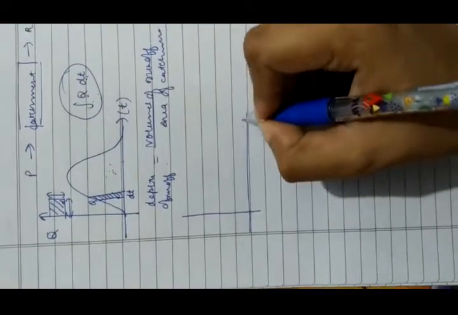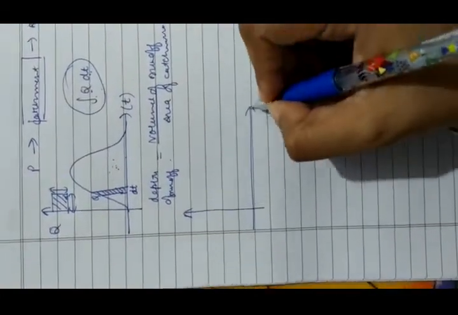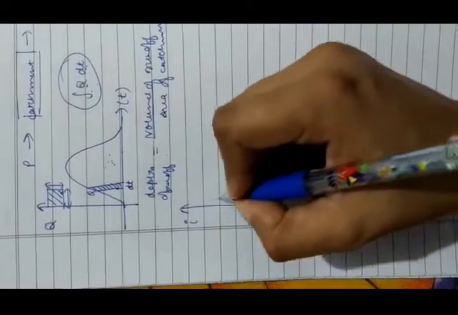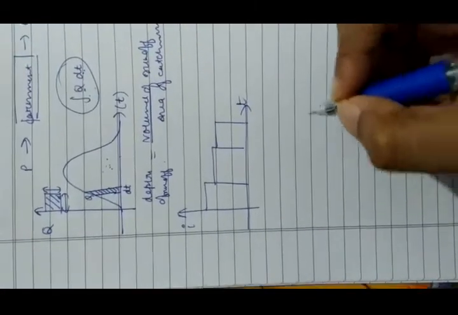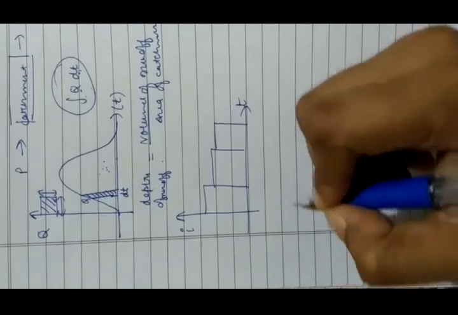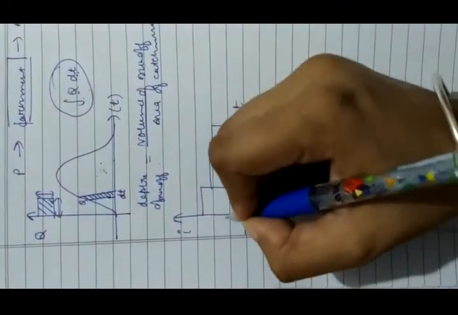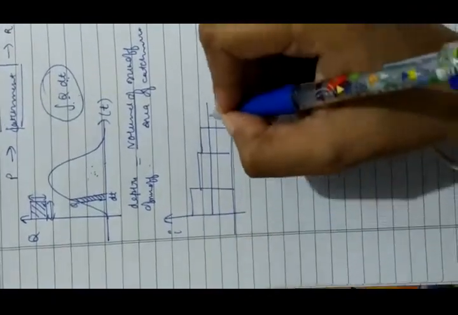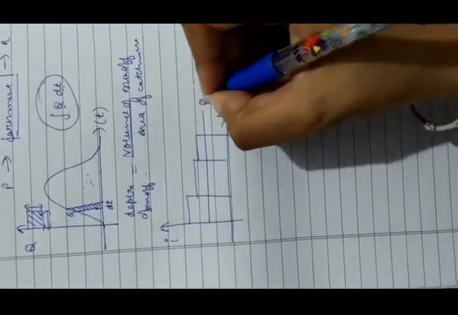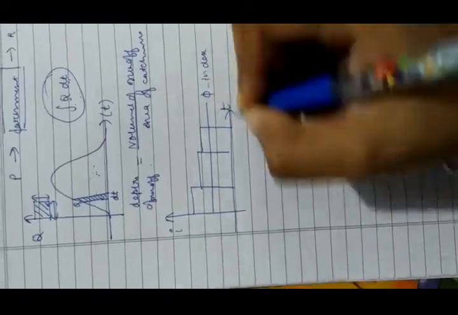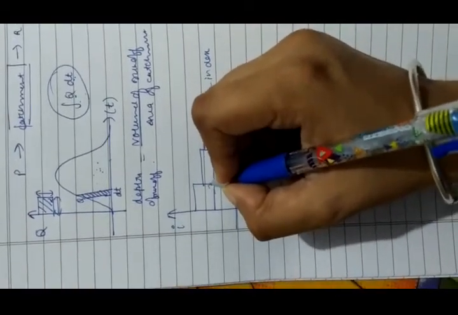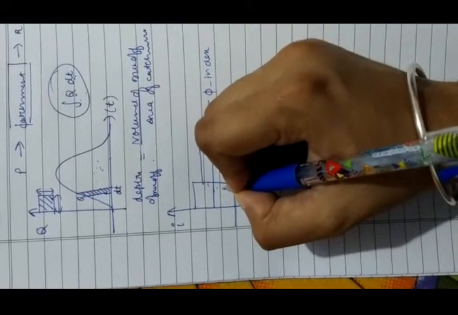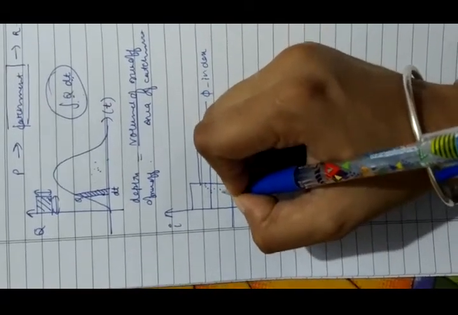Hyetograph, we all know, is nothing but representation of intensity of rainfall versus time. So let's say I have different intensities, and that representation with time is called a hyetograph. Let's say this is the constant infiltration index, the phi index. This tells us that only rainfall above this will produce runoff; below this there will be no runoff because all the water will go into infiltration.